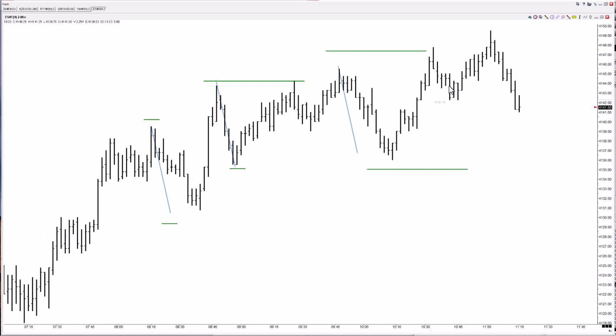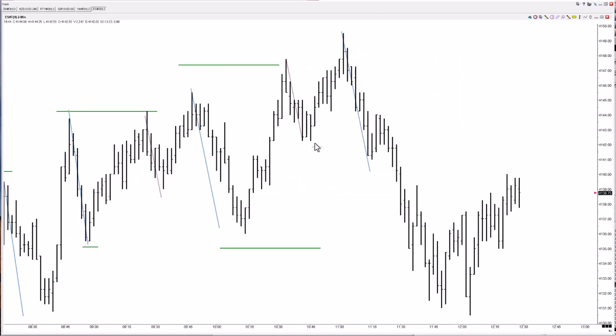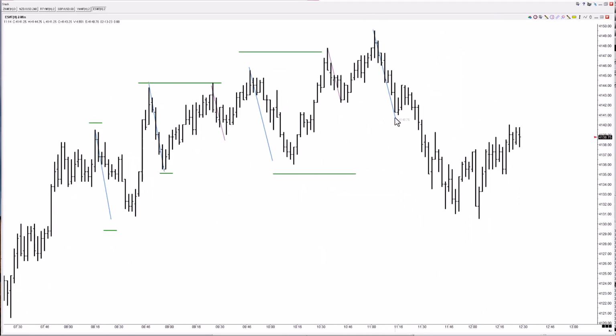And then there's even some minors along the way, right? These are minor swings. This is a minor swing. You can see how they're about the same size. And then this guy, right? So we have the same size swings, 1, 2, 3, 4, and change, right? It grows up to be a big boy swing, which is pretty normal.